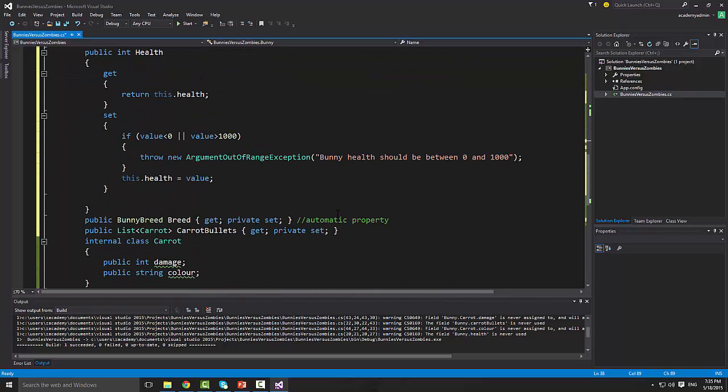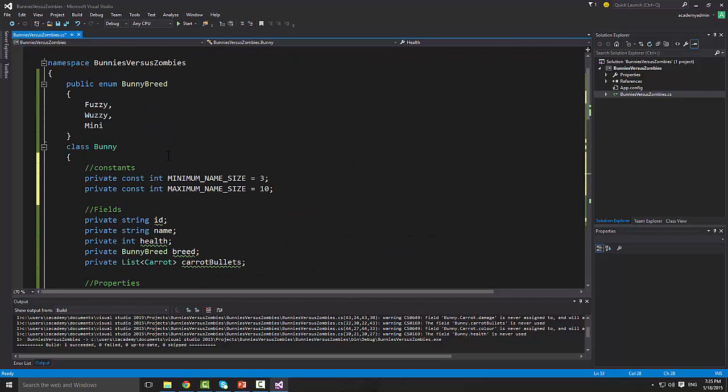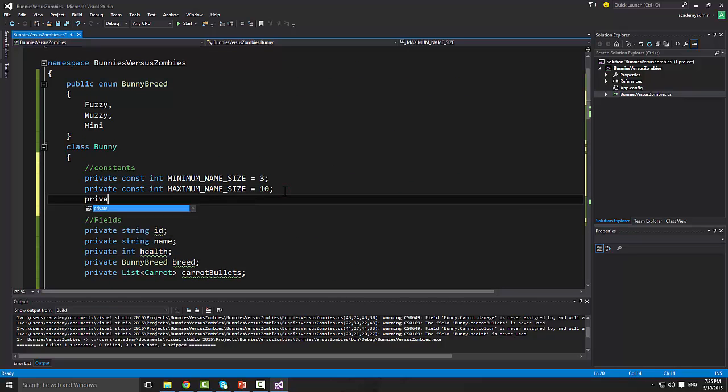For the health. Okay, so for 0, I clearly don't need the constant because 0 is just 0. I don't remember, was it here or somewhere else? I saw someone write private const int 0 equals 0, right? There is absolutely no reason for you to do this. 0 is as is. You don't need to have a separate one. But I want to do private const int maximum health,